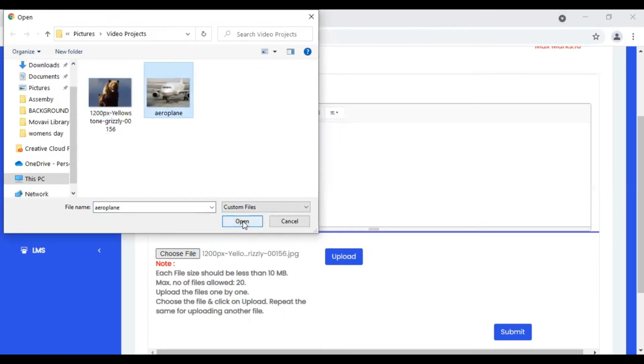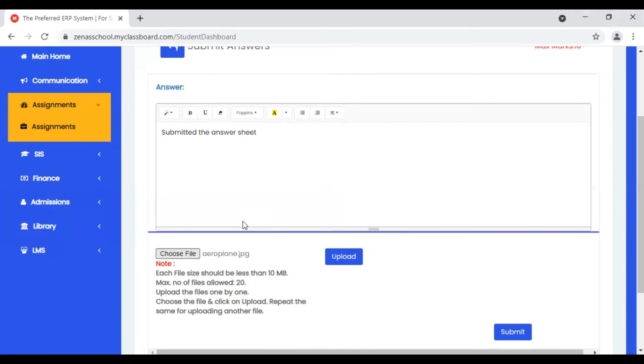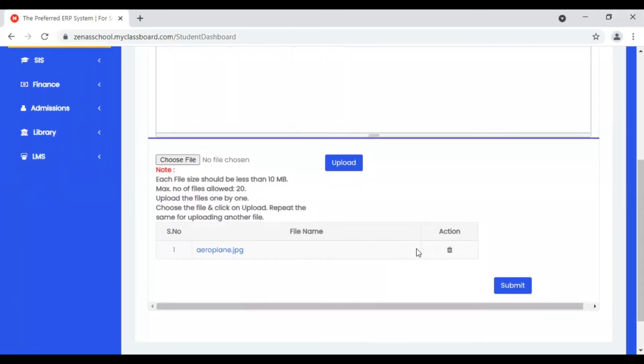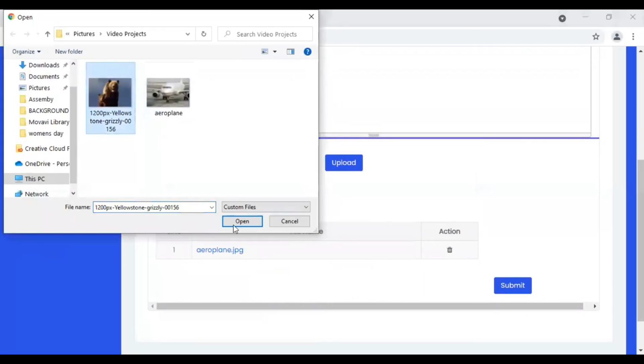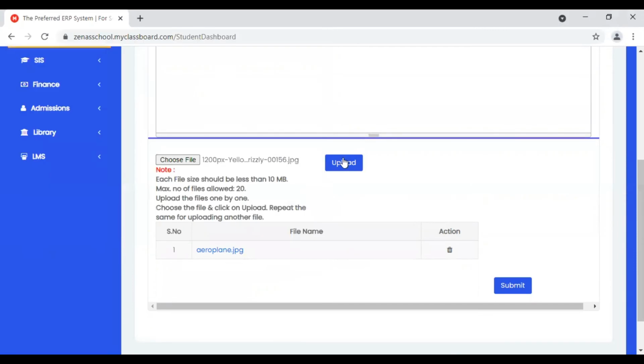In this way you can attach up to 10 files, but don't attach all the files at a time. Attach them one by one. Once the file is attached, click on upload and your file will be uploaded. See, one file is uploaded. Now choose file, select one more file, open it and upload.